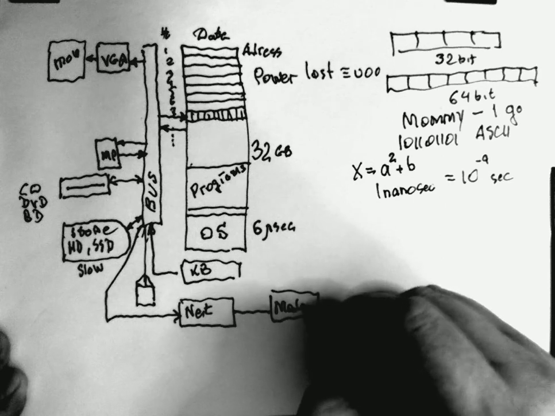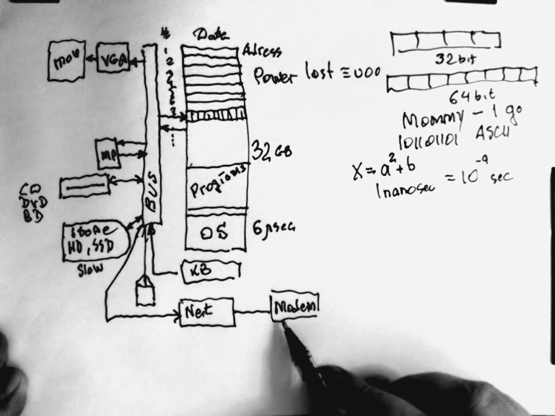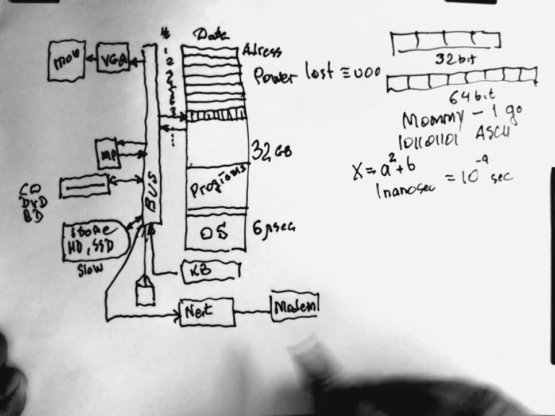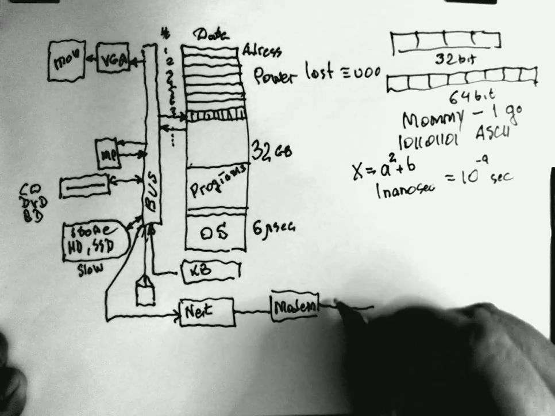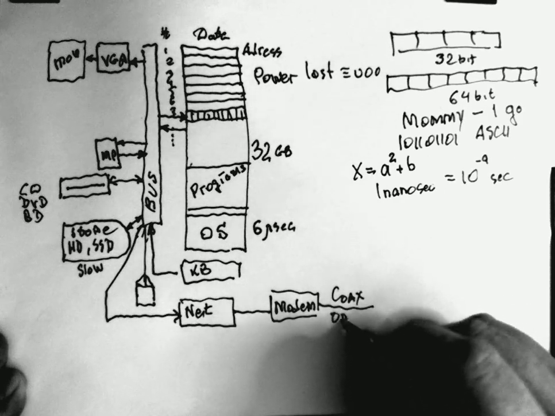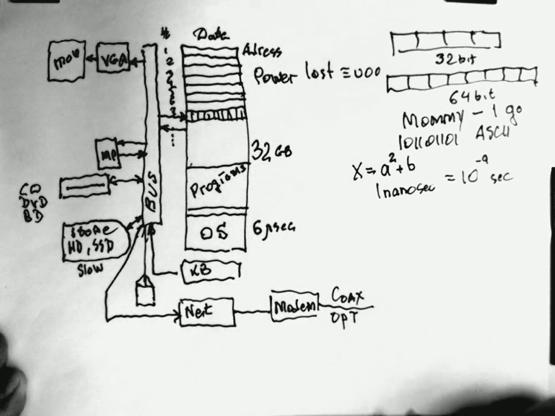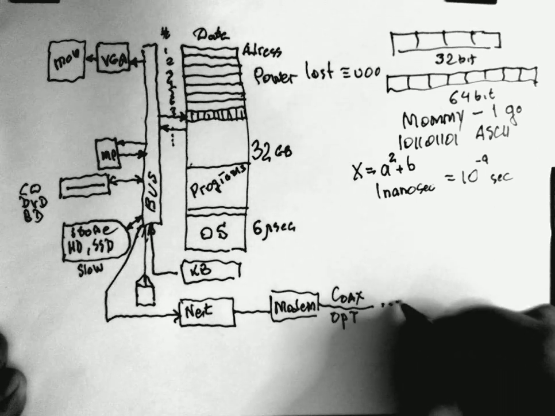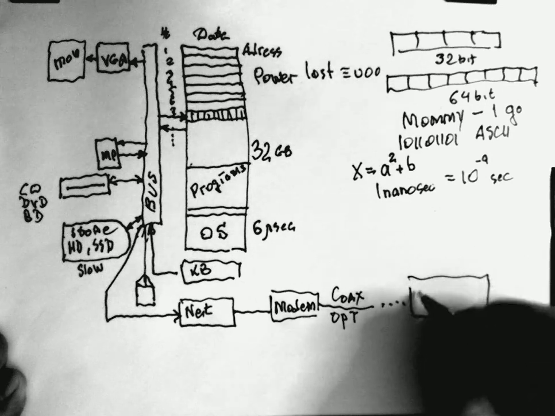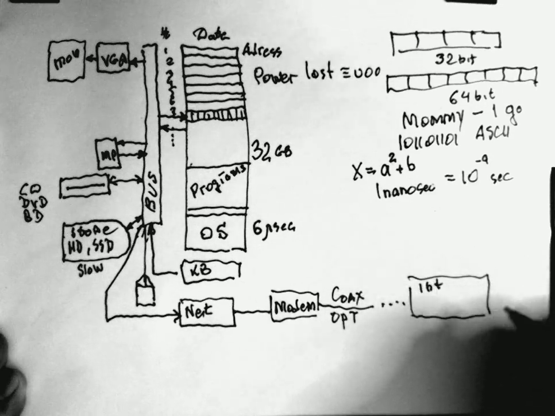A network adapter could be connected to a modem. Modem, folks, it's modulator, demodulator, which is actually connected to the coaxial or optical informational line that is coming from